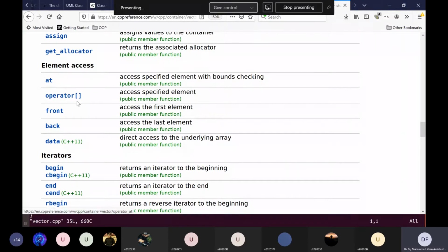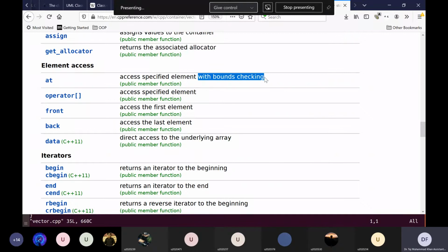The square bracket operator helps us use the vector just like an array, but it's unchecked access. The at function again lets you access an element using an index, but with bounds checking.